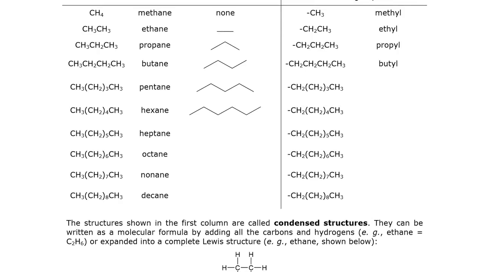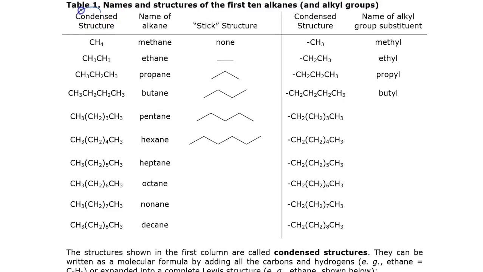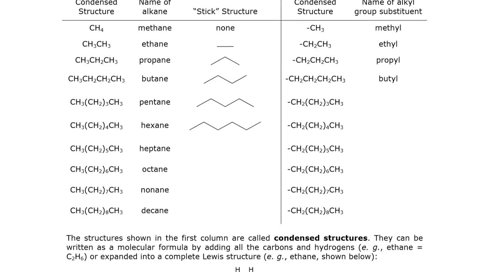So what we're going to do in this activity is relate things that we've already learned, which are Lewis structures, to these other kinds of structures, which I'm calling condensed structures and stick structures. Some books will call these line bond structures because the bonds are lines, or something along those lines. Haha, no pun intended. All right, so let's move right into the activity.